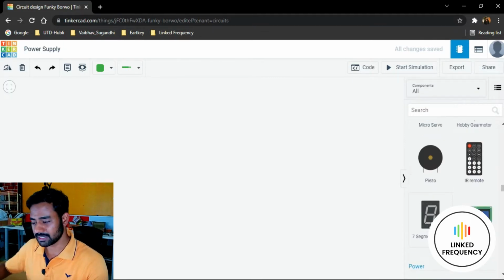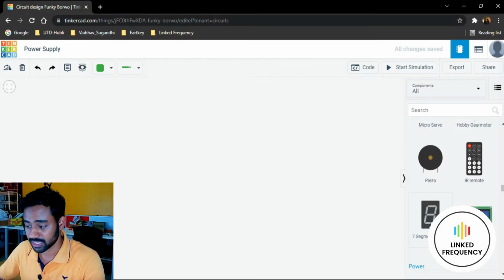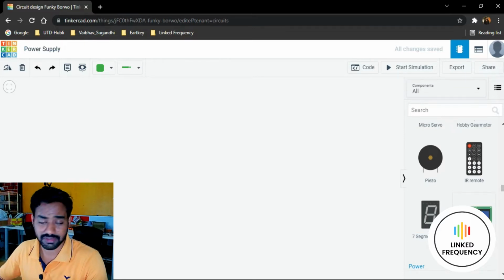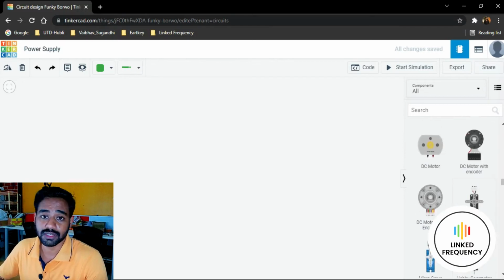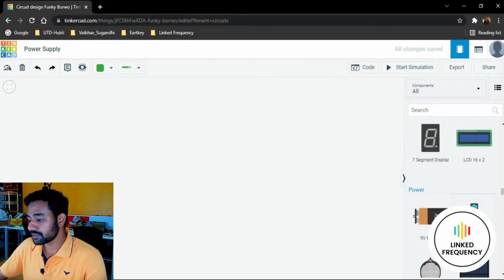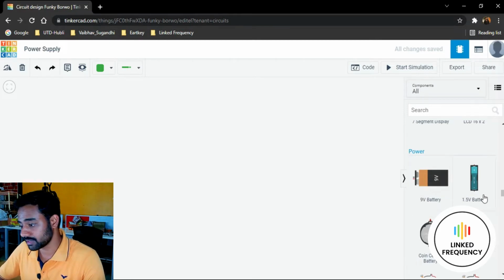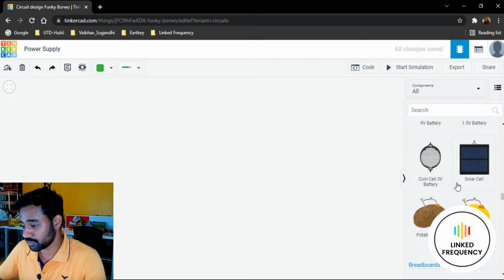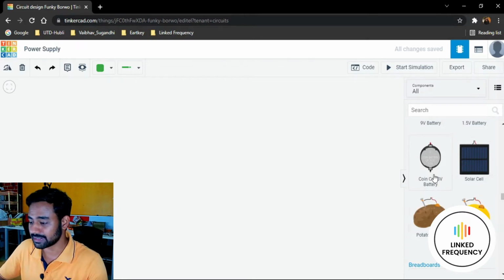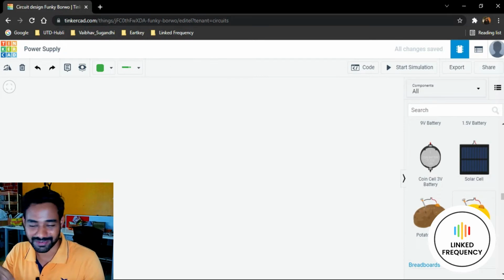7-segment display, again similar to LED but organized in 7 segments so that it looks like a digital digit. Okay, and also we have a LCD display, 16x2 LCD display, which is all about actuator section. Thereafter we have a power section where we can get a 9-volt battery, we can get a 1.5-volt battery, solar cell or coin cell, which is 3-volt battery, lithium ion battery, or we have these primitive lemon battery and potato